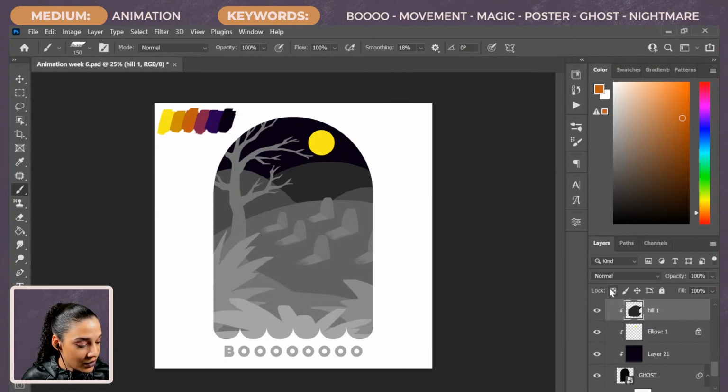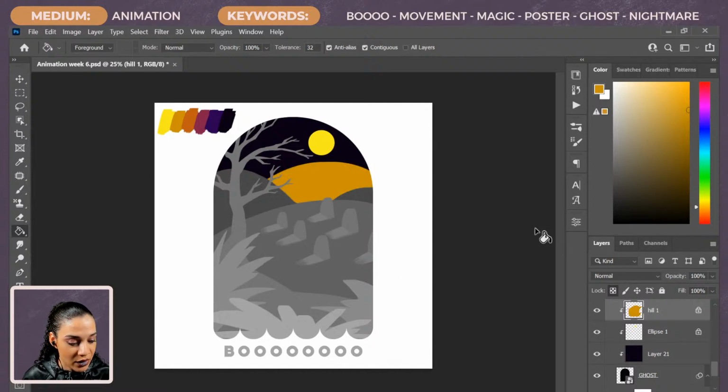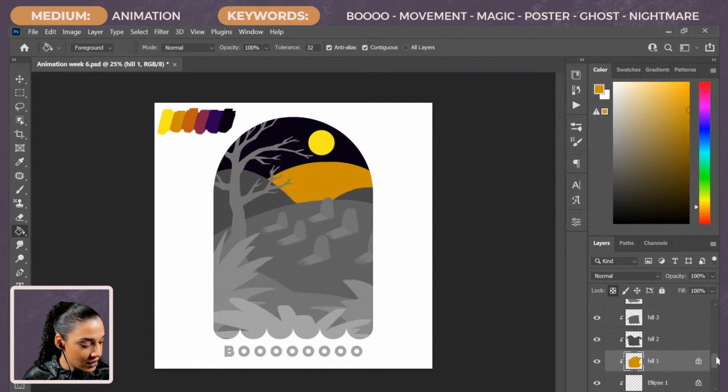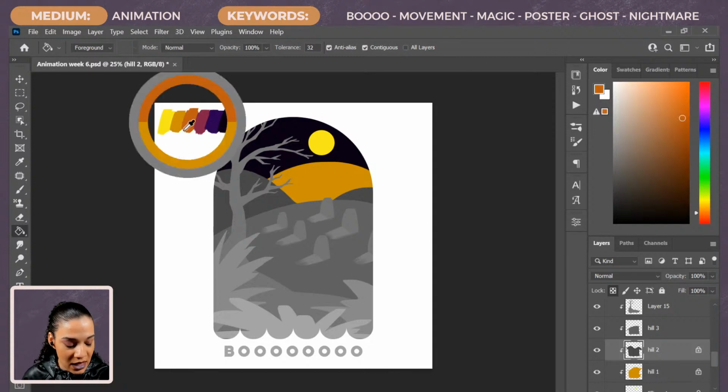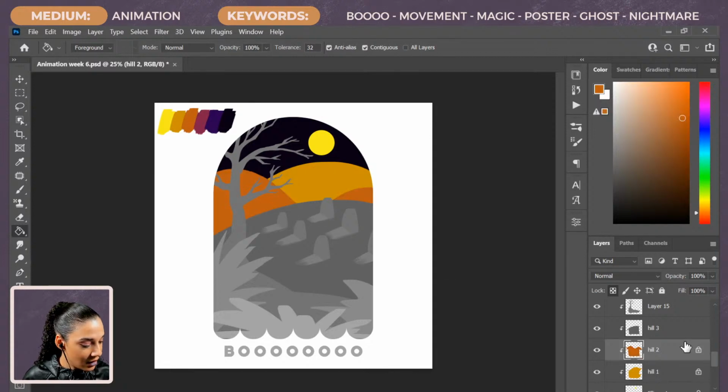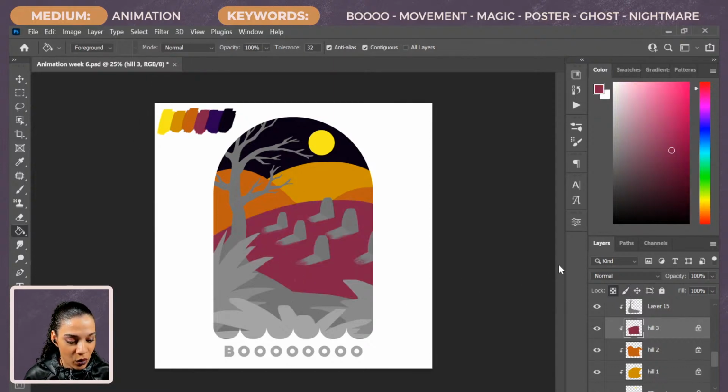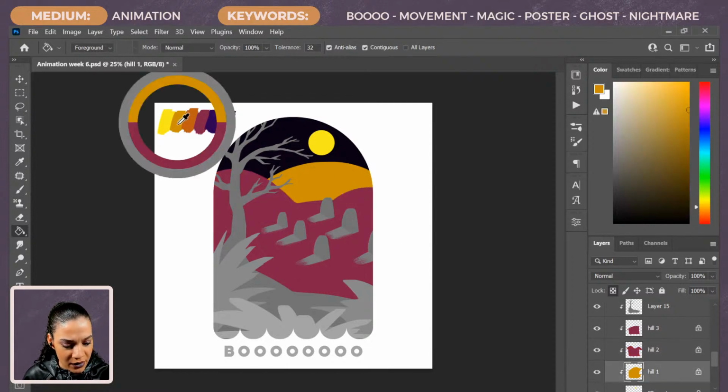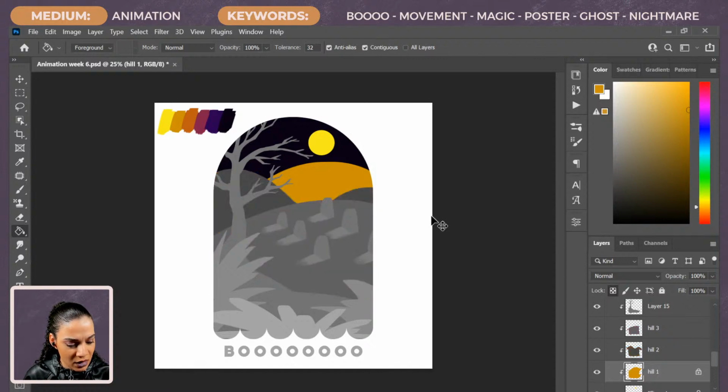So it makes it really easy to do. I'm gonna do the same thing with this. I'll lock this hill, I will snag this, I'm gonna grab my paint bucket tool, and I am going to just start going down the line here and adding some colors. This might change, but I do like what it looks like so far. Hold on, let me back up.